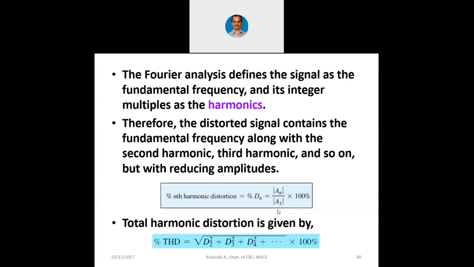What is this A1? A1 is the amplitude of the fundamental frequency. An is the amplitude of the nth harmonic. Now, there is something called THD, total harmonic distortion. Total harmonic distortion is given by the square root of D2 squared plus D3 squared plus D4 squared, and so on, times 100%. Now, you can see D1 squared is not at